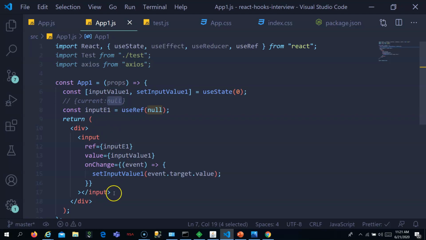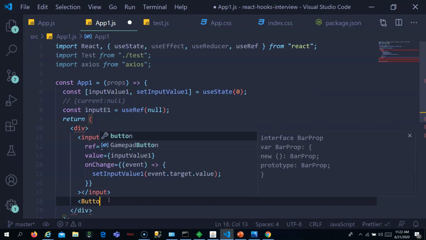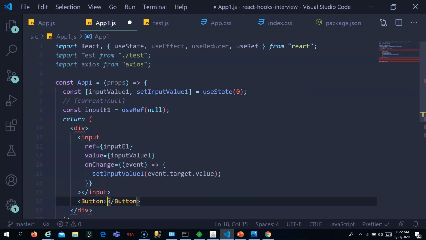To see that, let me add a button, and on click I will display this inputEl so that I can see what gets changed.